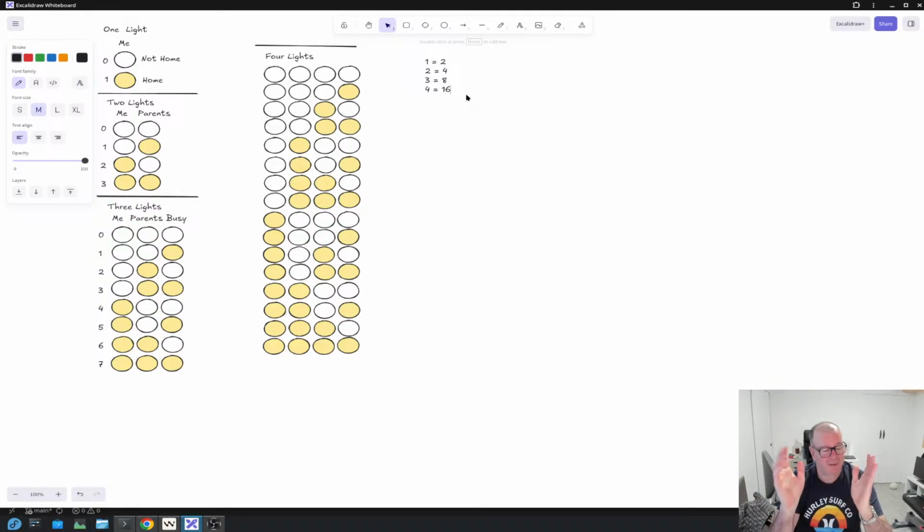That is one reason we can explore now: why memory goes by doubles. We have 8 gigabytes, we have 16, we have 32, we have 64. Why don't we have 10, 11, 12, 13?